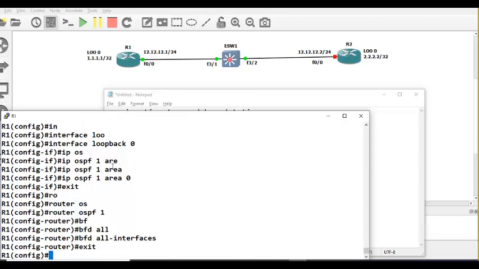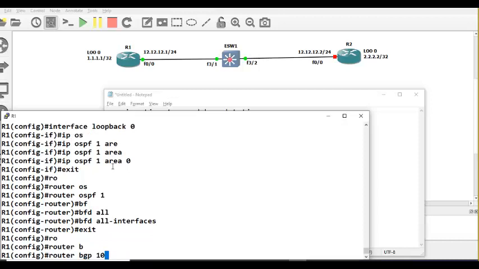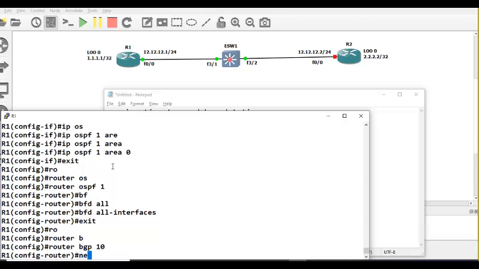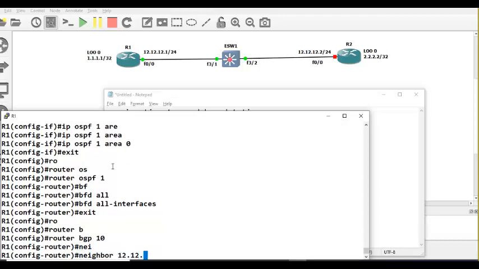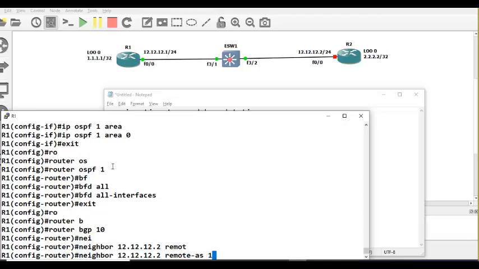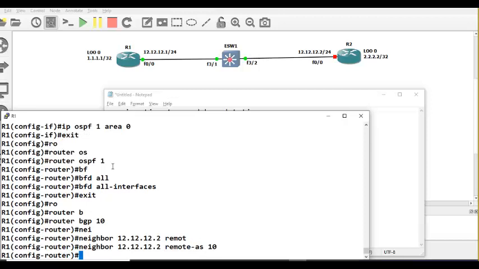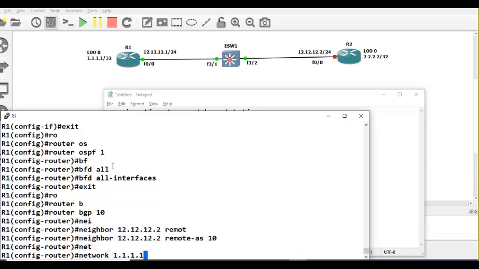Now router BGP, let's say autonomous system 10. Neighbor is 12.12.12.2. Remote AS is 10. Both router 1 and router 2 are going to be in the same autonomous system, 10. Now, the network I want to advertise is 1.1.1.1. Mask is